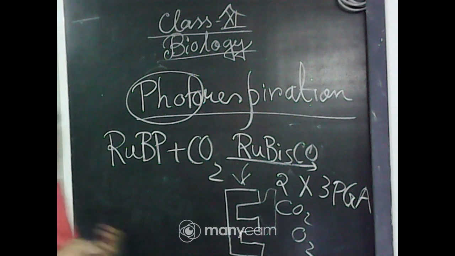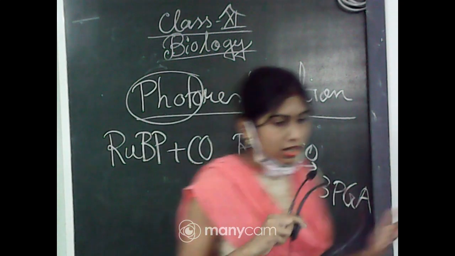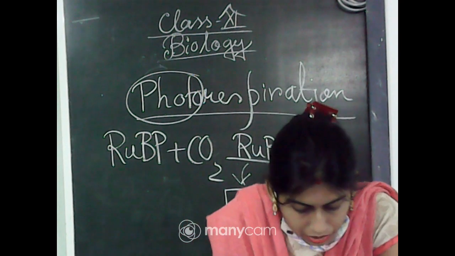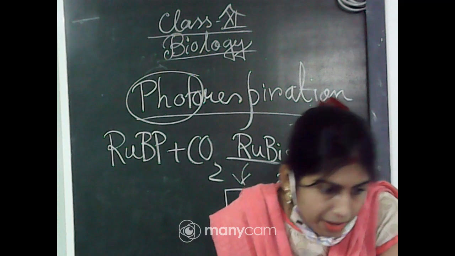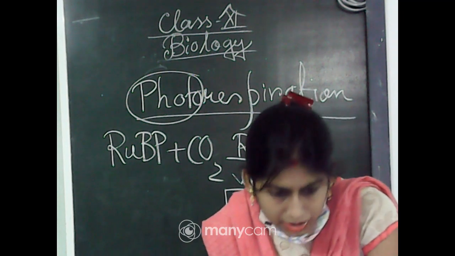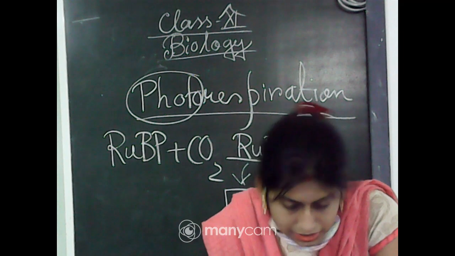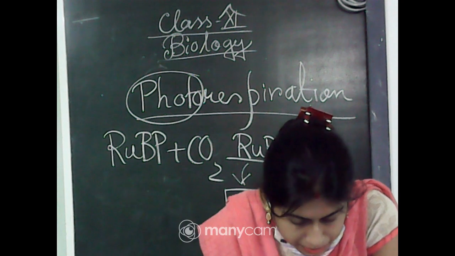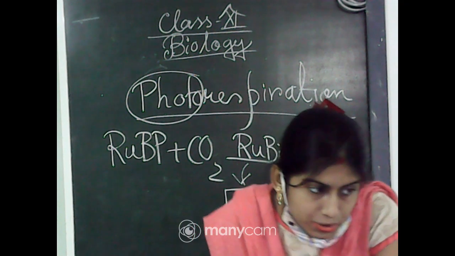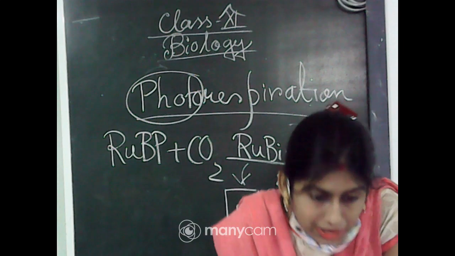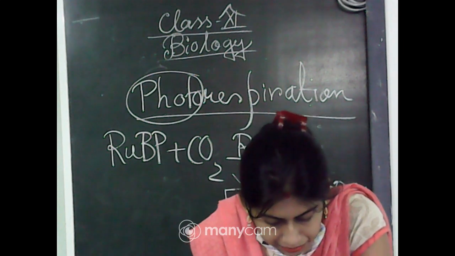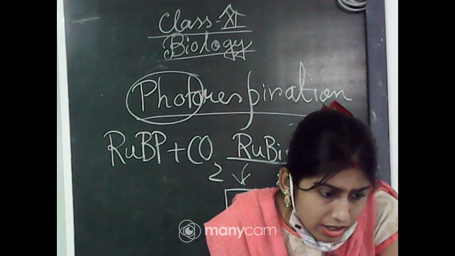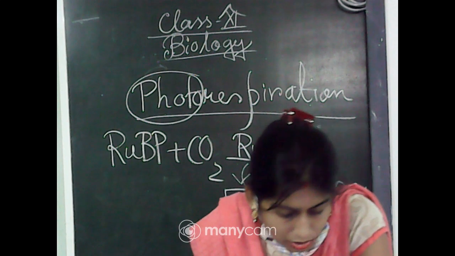Now this can be considered as competitive. You can remember that enzymes have this type of characteristics, competitive, non-competitive, like that. This type of special binding is called competitive because they will compete with each other, that is, which one will bind at the active site of this particular Rubisco enzyme. Now, how will you define when the carbon dioxide will bind or when the oxygen will bind?